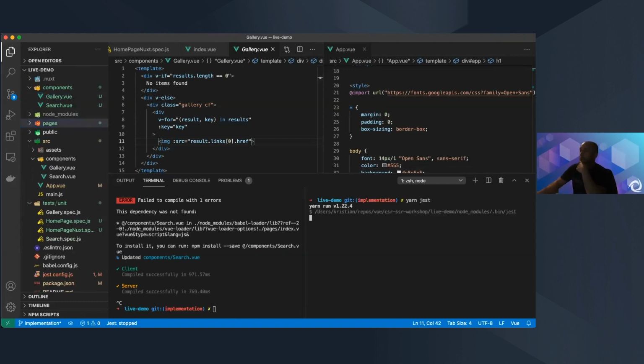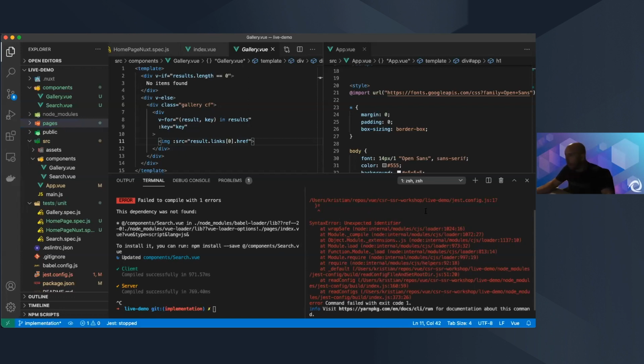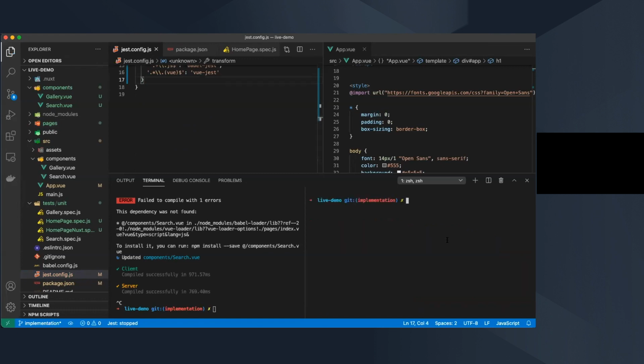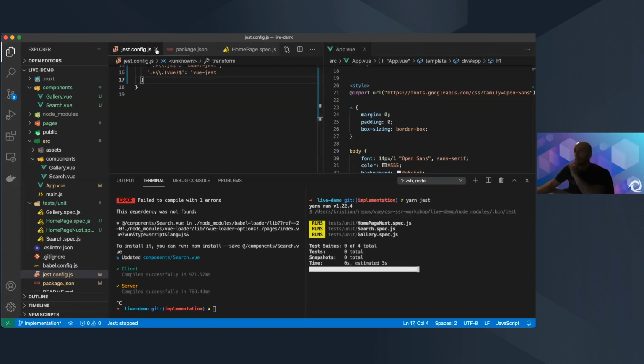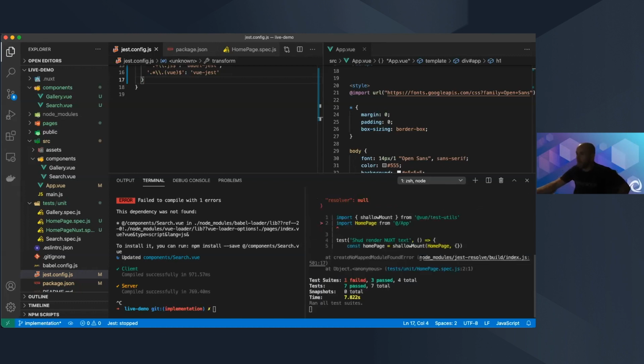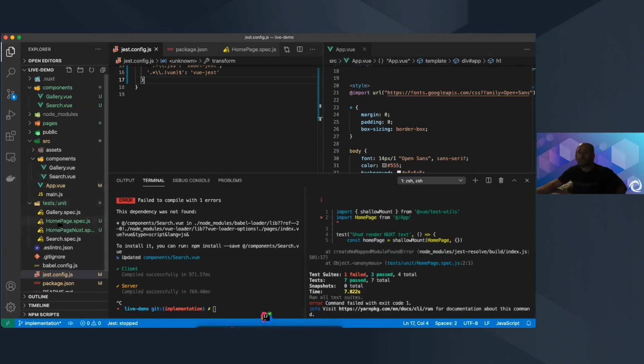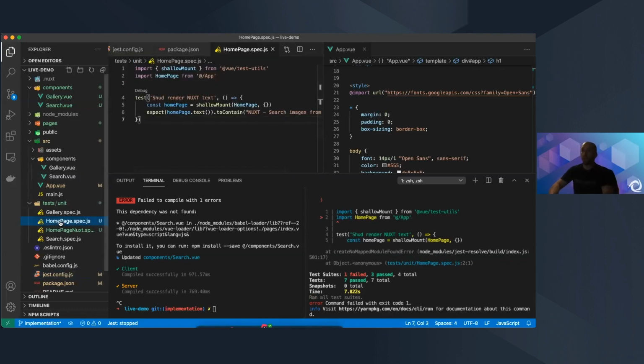And so now, just config. I added something here. So now we should see something more clear. So yes, now we see that the gallery and the search tests are passing. The only one that is not passing is the one we created for the homepage. So now that we are sure that we created the new page following the requirements from Nuxt, we can actually